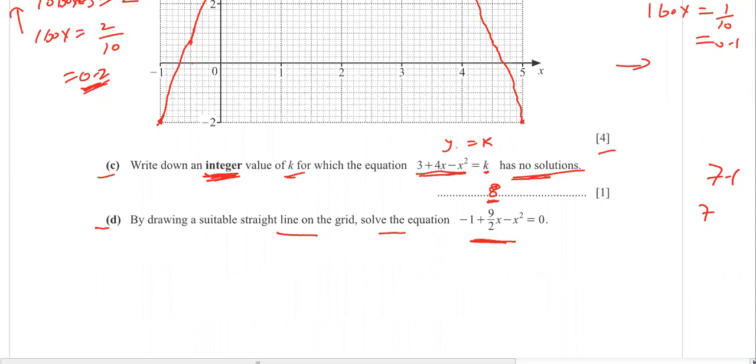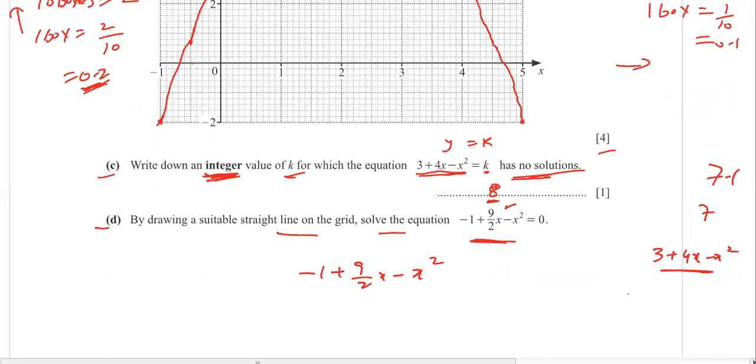Now for that, this is your original given equation, 3 plus 4x minus x squared. You have to try to make it similar to this one. How can I make it like this one? This is minus 1 plus 9 over 2x minus x squared. What I can do is, by drawing a suitable line on the grid, solve this equation. If I try to make this one,